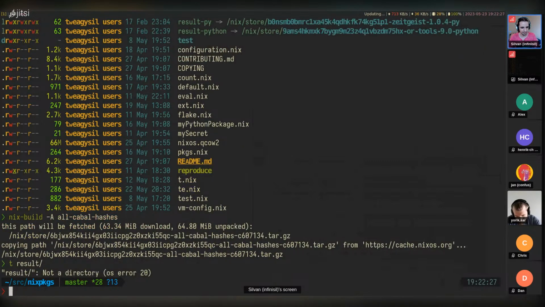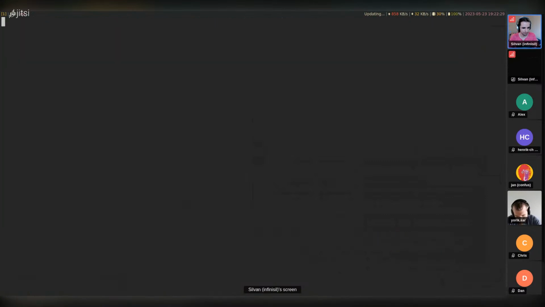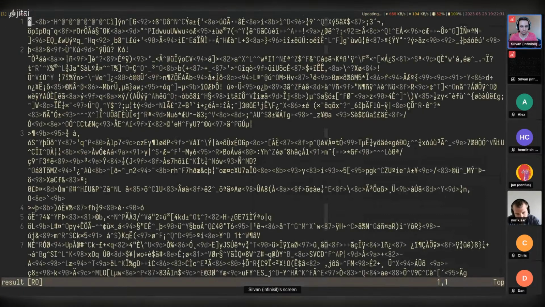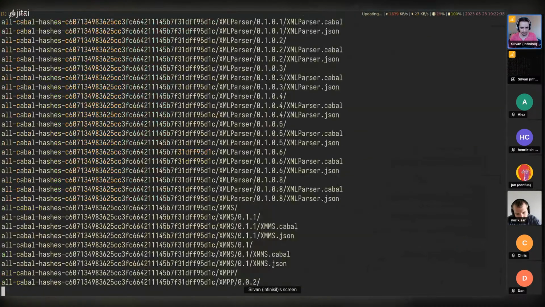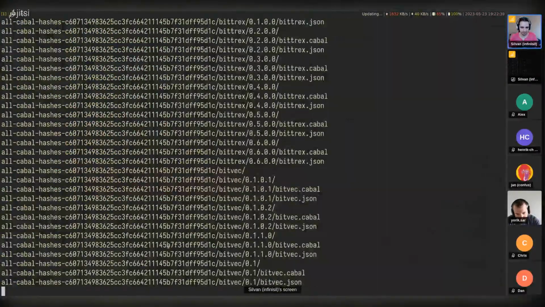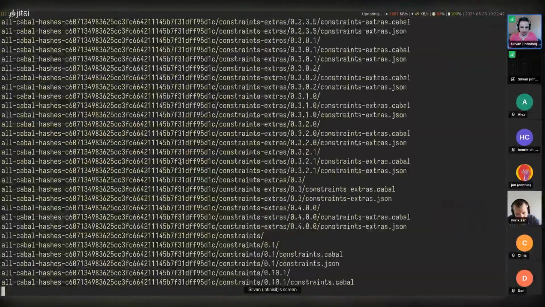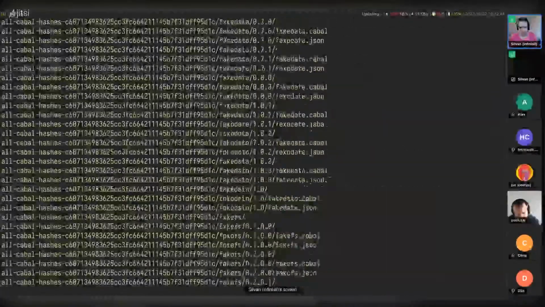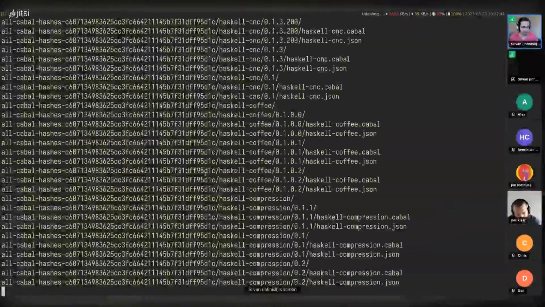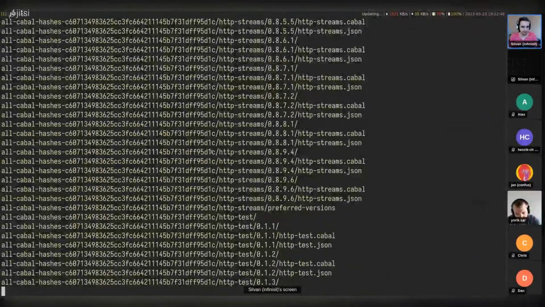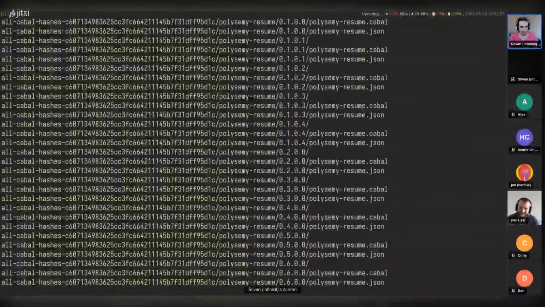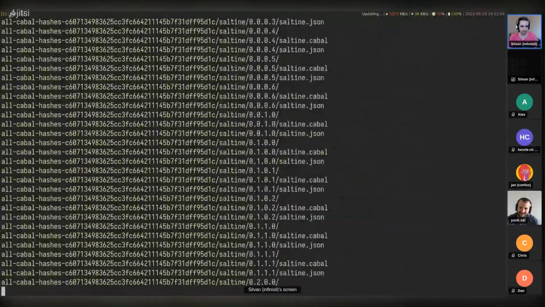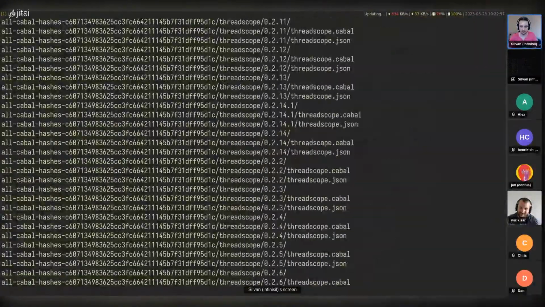If we look at the result of this, what is it? Oh, it's a tarball. All right, let me unpack this. As you might guess from the name and the contents here, it contains all the hashes for packages on Hackage. Hackage is the Haskell package repository, the Haskell package distribution website.